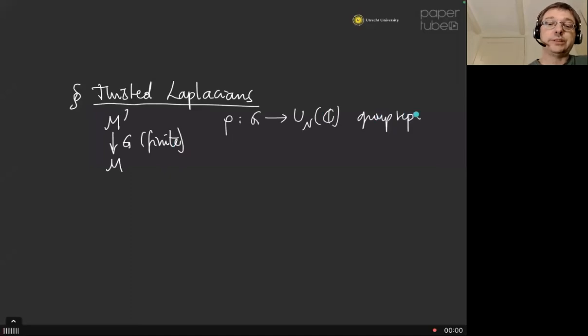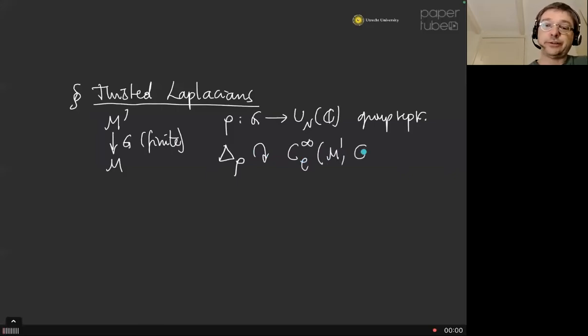And what you can do is the usual Laplace operator on M has a twisted version, twisted by the representation. So this is the Laplacian for the representation. It's also a second order elliptic operator, etc., that acts on a space of